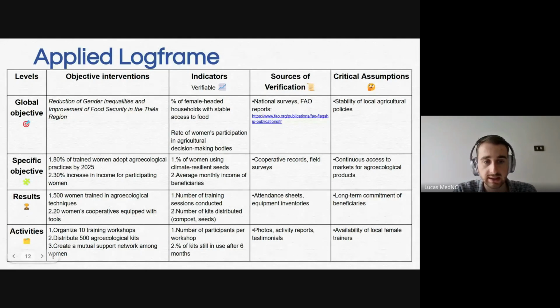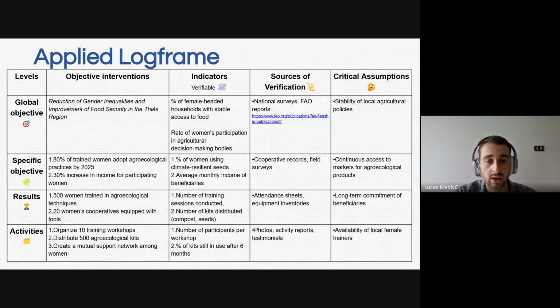Okay, that's great. Then we have our specific objectives. From this global objective, we identify two specific objectives that are SMART. One is that 80% of trained women adopt agroecological practices by 2025. The indicator related to it is the percentage of women using climate resilient seeds.